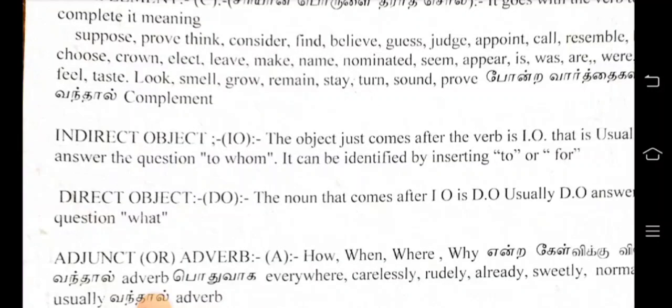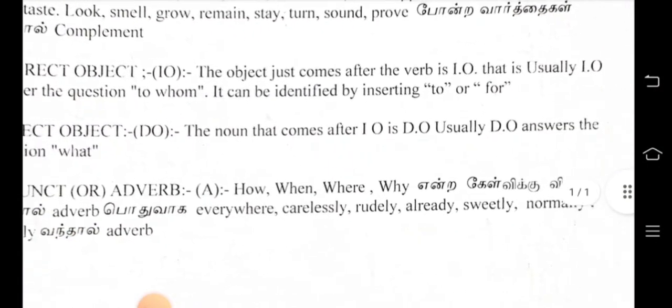Understand? Now what have we done? Subject, verb, object, complement. The object can be divided into IO and DO. And then another one, adjunct or adverb. When the questions how, when, where, why